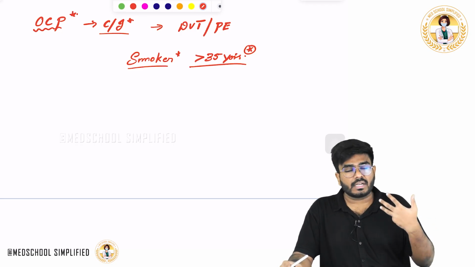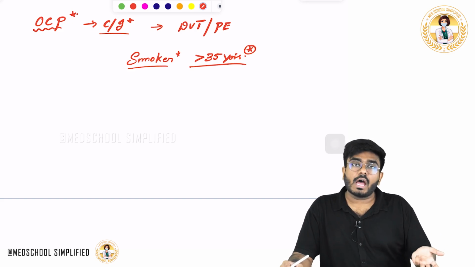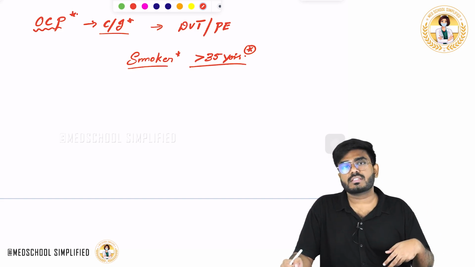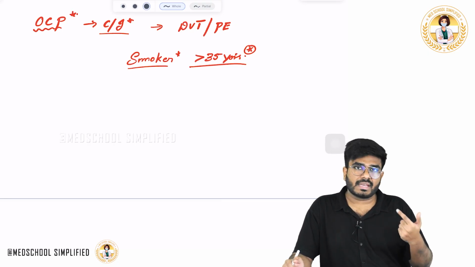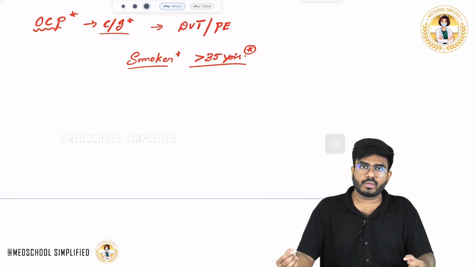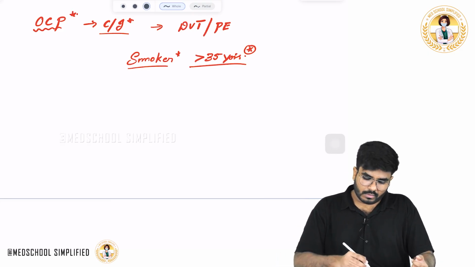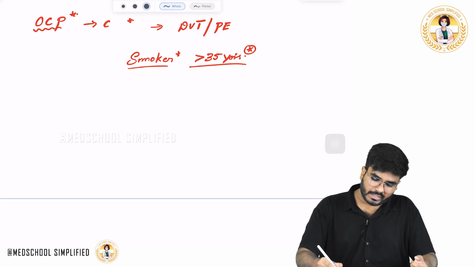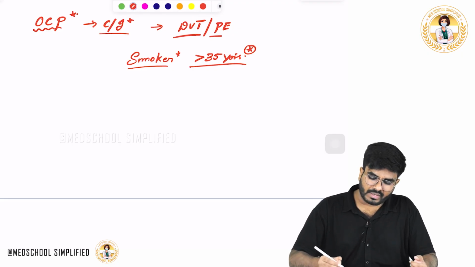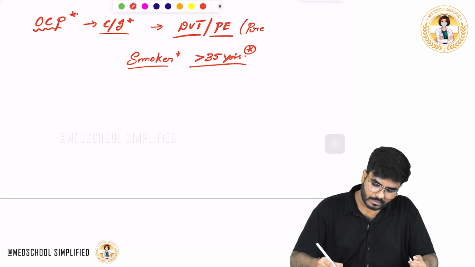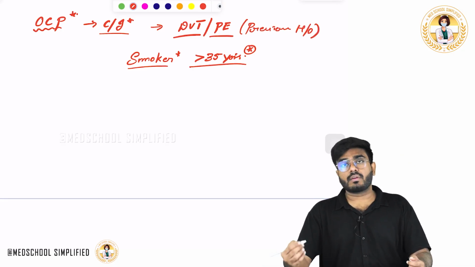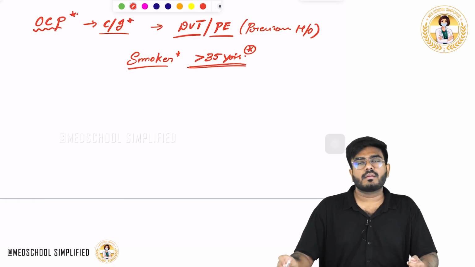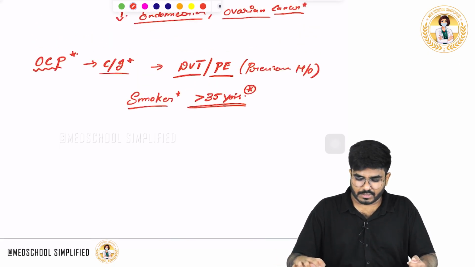Smoking continuously causes damage to the endothelial cells, upon which if you take these oral contraceptive pills and increase the estrogen in her body, there are more chances of thrombosis, so she can have a risk of DVT or even stroke or myocardial infarctions. Cerebrovascular events can occur. So oral contraceptive pills are absolutely contraindicated in a female with a previous history of DVT, or a female who is a smoker more than 35 years. These are the absolute contraindications.